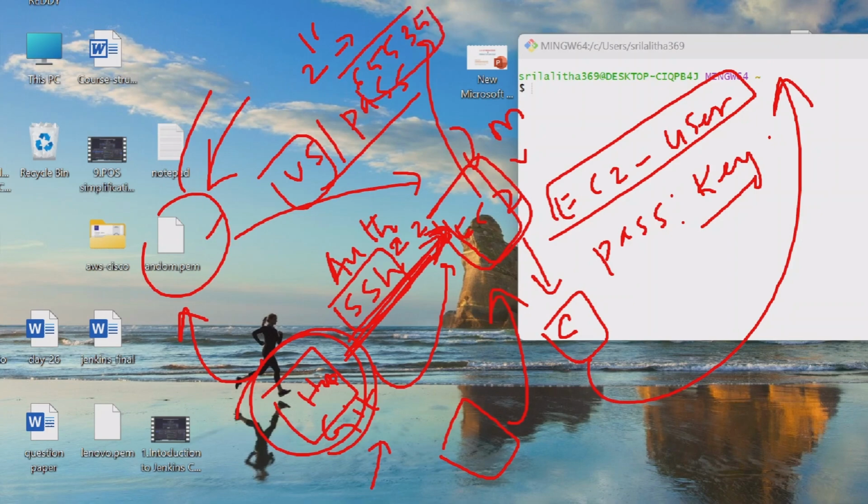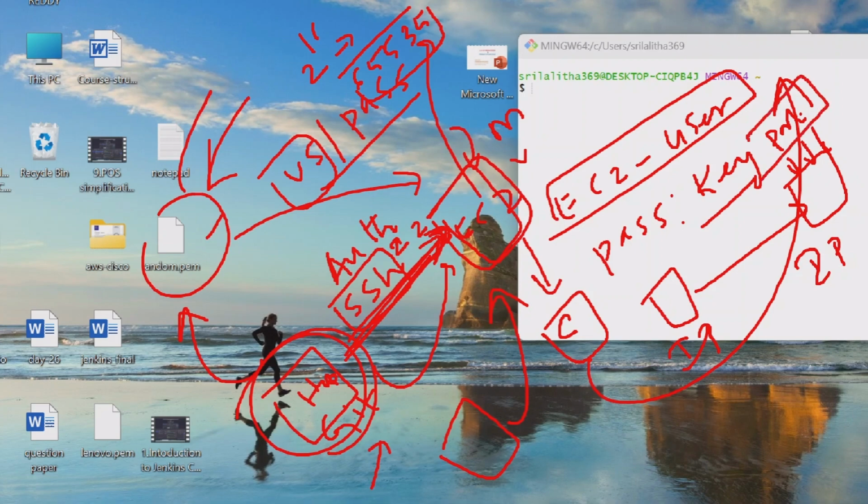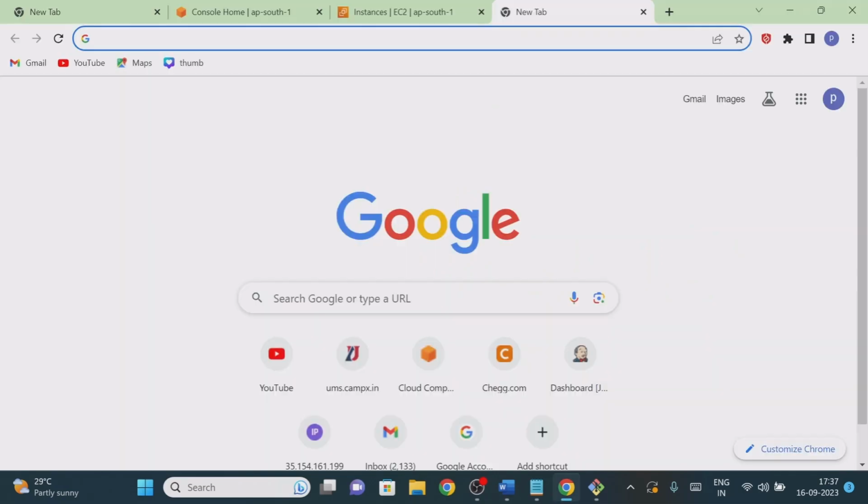Remember that if you want to connect one system to another system, only the IP address is not sufficient. The IP address will let you ping this particular system, but if you want a particular service among the multiple services, then we require something called the port number, right? Once we discuss networking concepts, we will see what the port numbers are and their types, everything we will see, right?